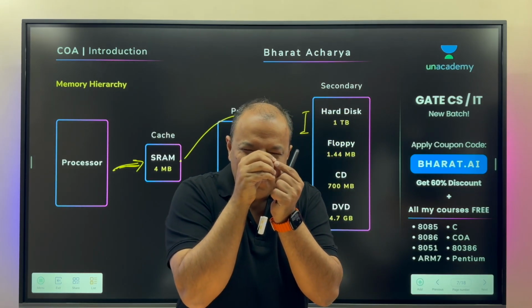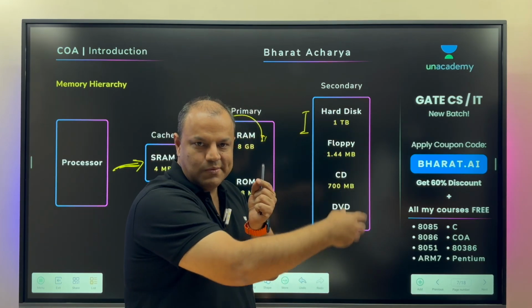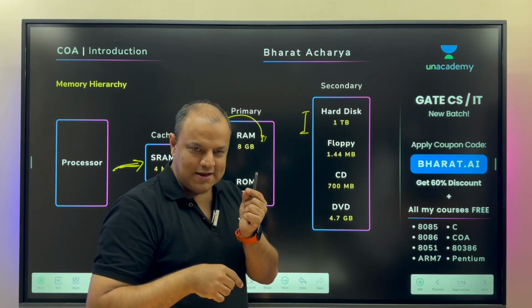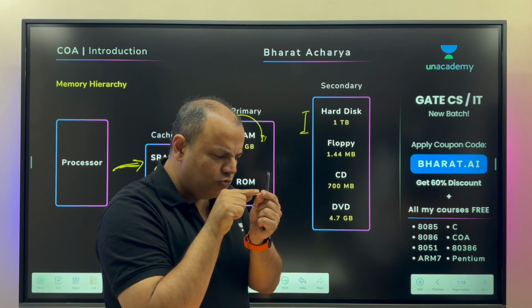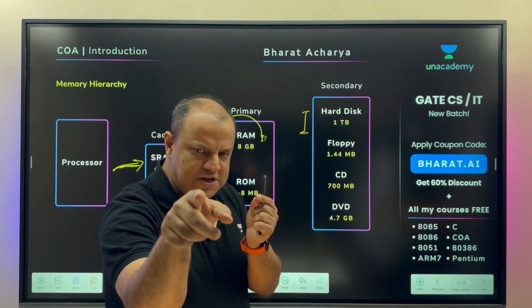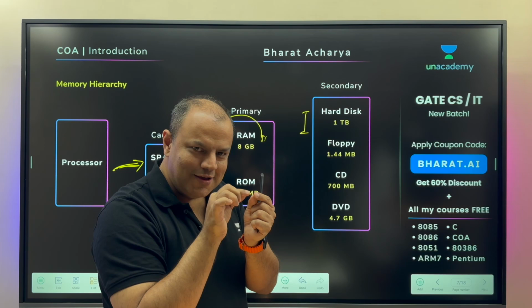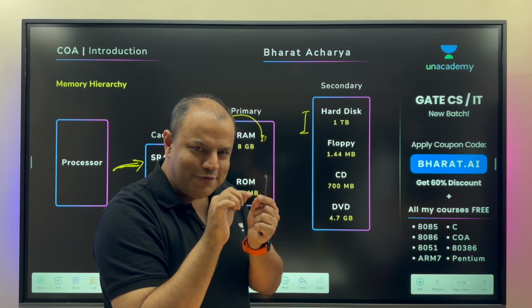So, as long as you're going sequentially, initially it takes time for the movie to start. Parts come into the RAM, parts come into the cache. Once they are there in the cache, the operation is smooth, but smooth so long as you don't scroll. The moment you scroll, now again answer this question. I'm changing the question and asking. When you scroll, there is a delay. The delay depends upon how far you have scrolled.